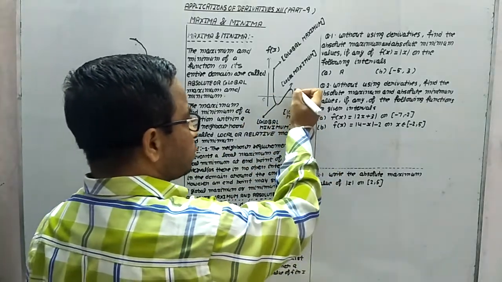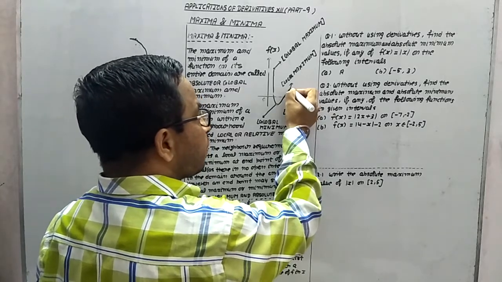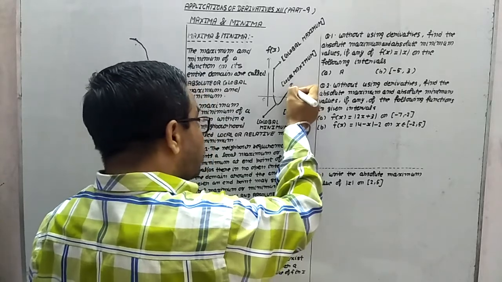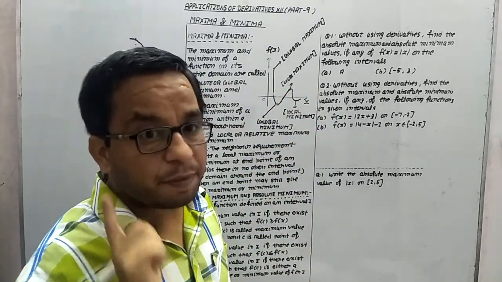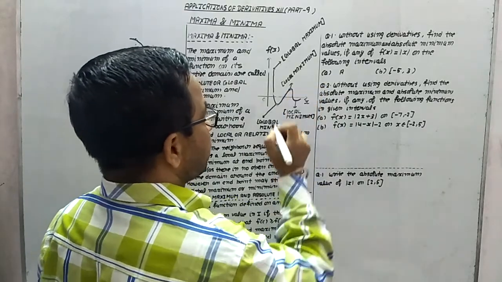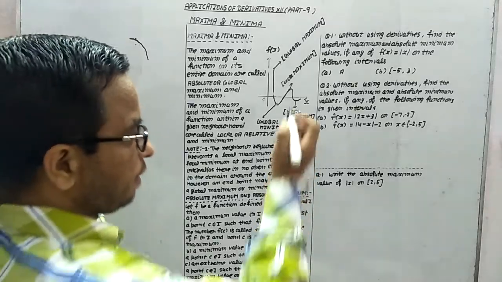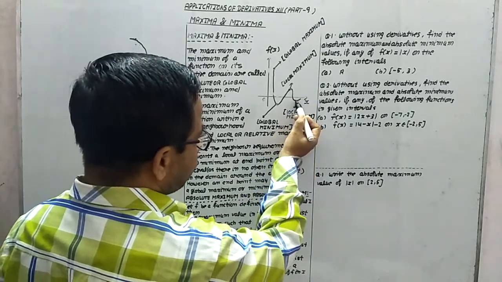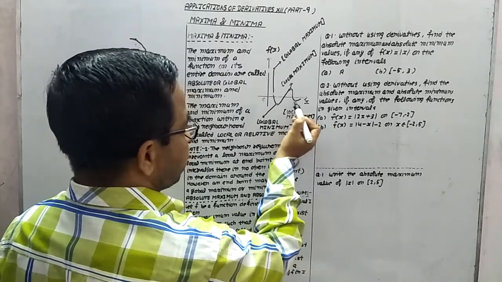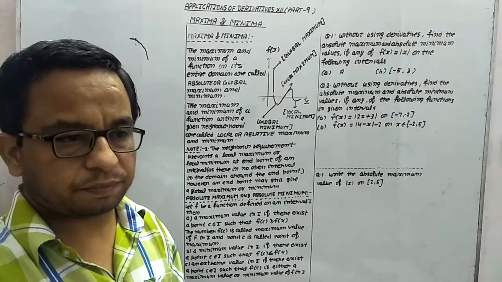We are observing this is also the maximum value in its neighborhood. It means if you consider any point less than or any point greater than this point, and this is a little bit, then this point is known as the local maximum or relative maximum. And in the lower part, this is also the point in its neighborhood. That's why this is known as the local minimum or relative minimum.